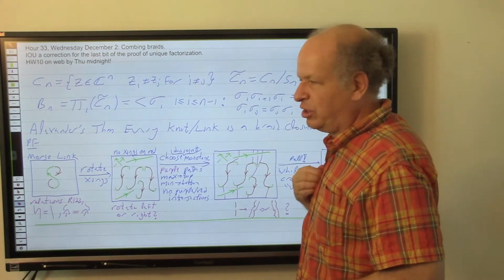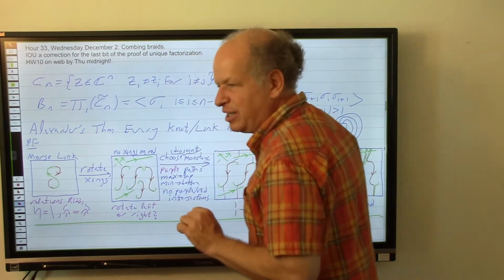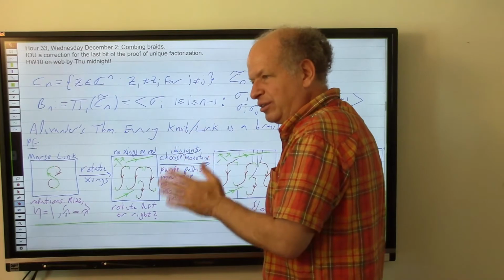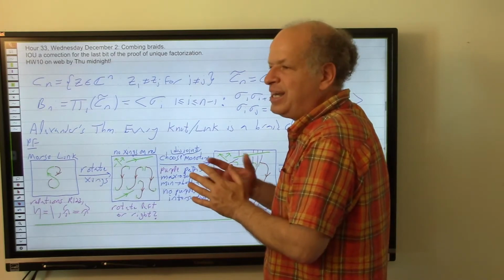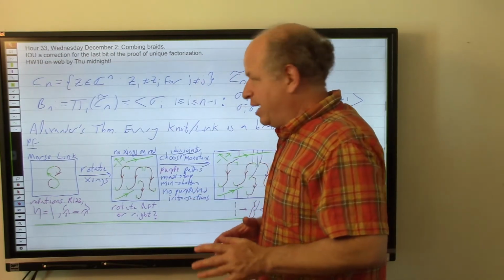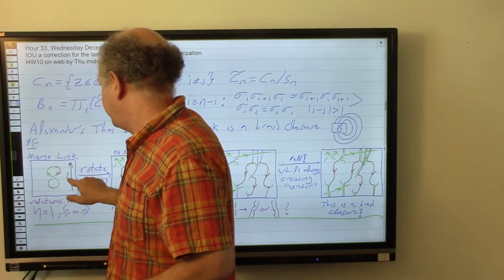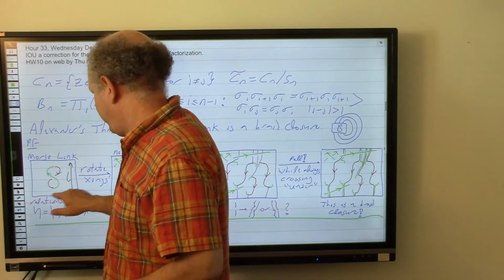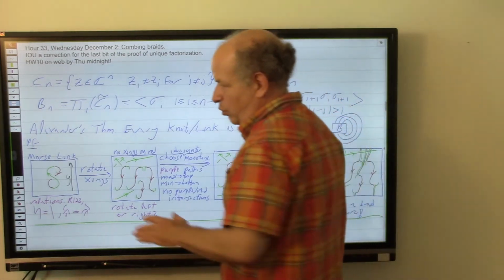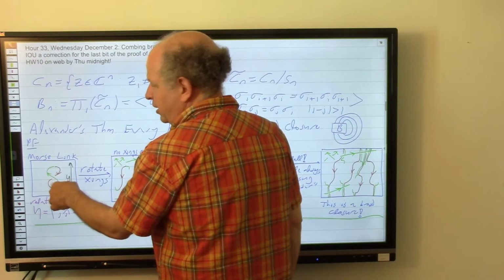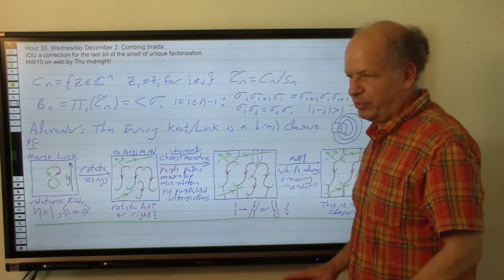Anyway, here is the proof of Alexander's theorem made into a cartoon. So you start from a Morse link. A Morse link is a link projected to the plane, but it's actually without modding out by any motions. It's the actual projection to the plane, with the assumption that the vertical height, let's call it t, or y, you know what, y, the vertical height is a Morse function. So if you've seen Morse functions in differential geometry, what it means is that all critical points, basically there are well-defined maxima and minima, and these are the only critical points that need to be considered when you're talking about a curve. Okay? So